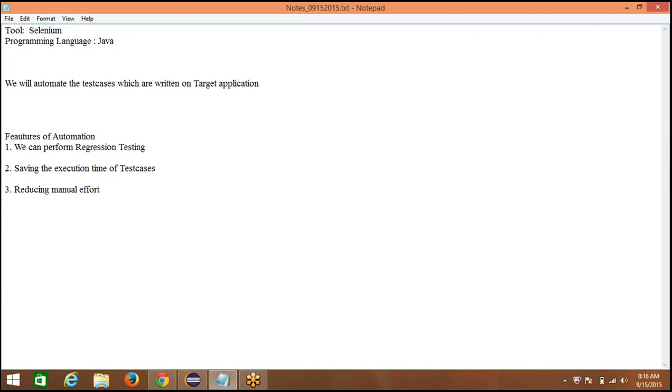If there is any defect in the application, definitely he will log the defect in test management tools like Jira or ALM, application lifecycle management tool, so that developers will take care of it.